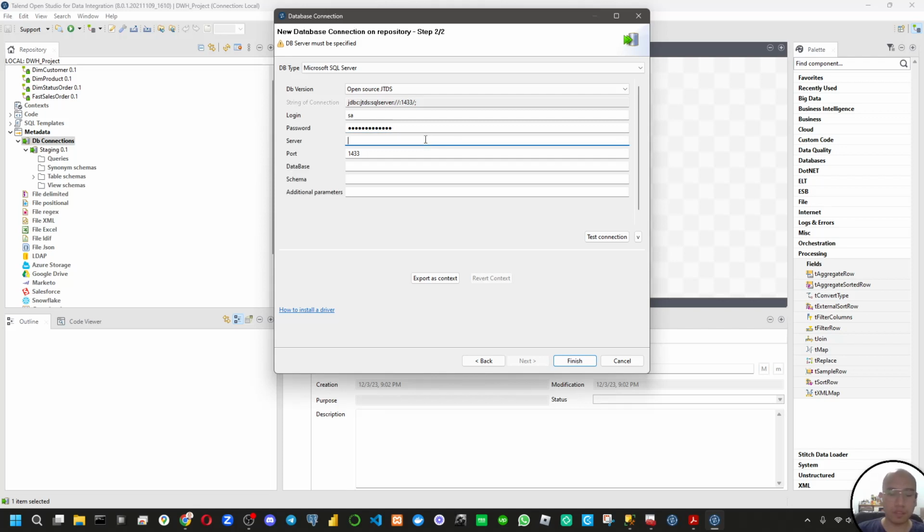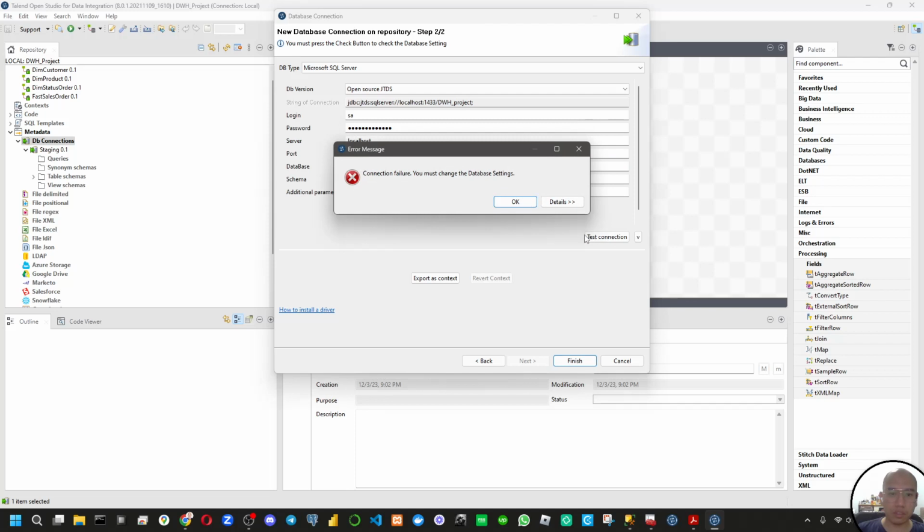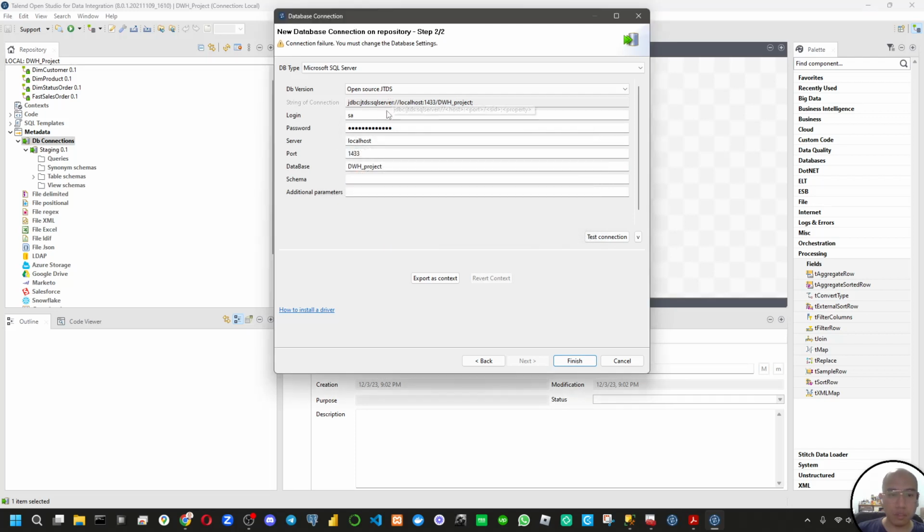Server is localhost. Okay, we test the connection. Okay, setting.